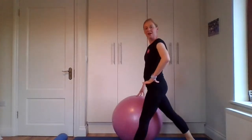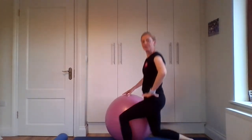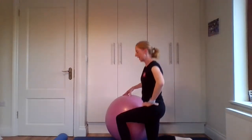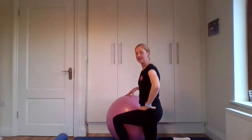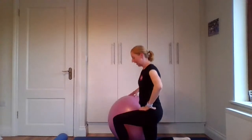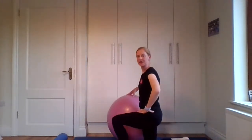Inhale as we come down, exhale as we come up. Inhale and exhale, that's it. Inhale and exhale. We'll do about 20 of these on either side, then into some squats. Inhale and exhale. So 10 more on this side. 10,